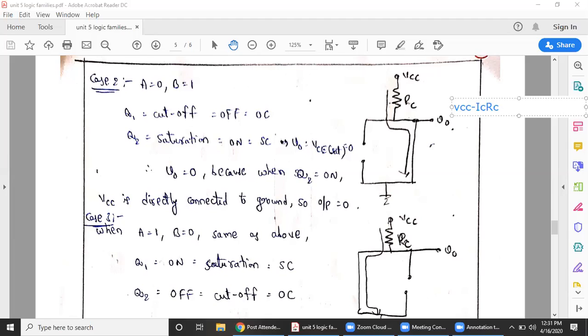VCC minus ICRC. So when the transistor is in the saturation region, automatically what happens? This IC value is very high. So when this IC value is very high, VCC minus ICRC means this value becomes low, or this is considered as VCE sat. And this VCE sat, we know already that it is in between the range of some 0.3 volts to some 0.7 volts, based on the type of diode which we are using for making this transistor. So this VCE sat is some 0.3 volts to 0.7 volts,